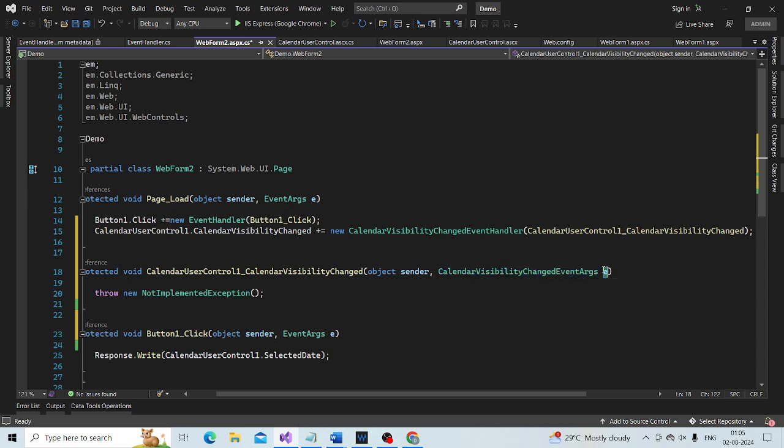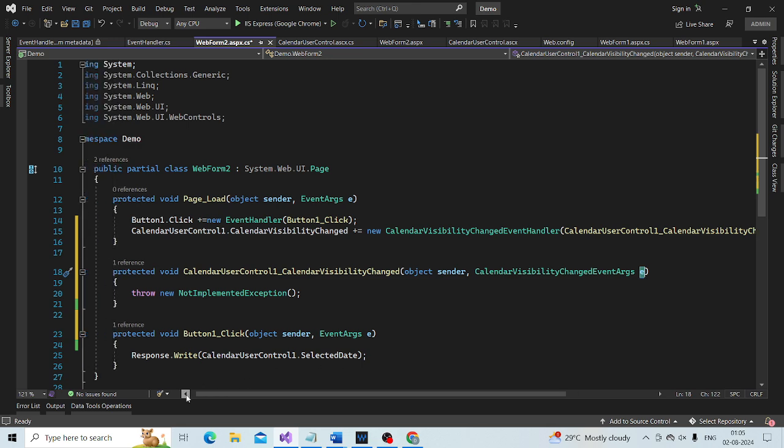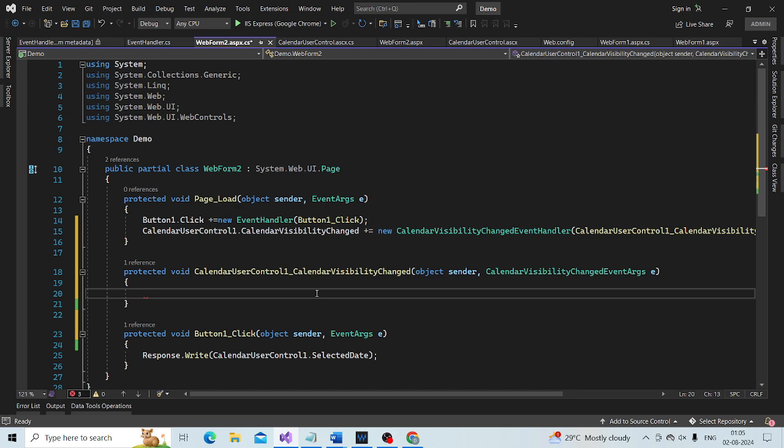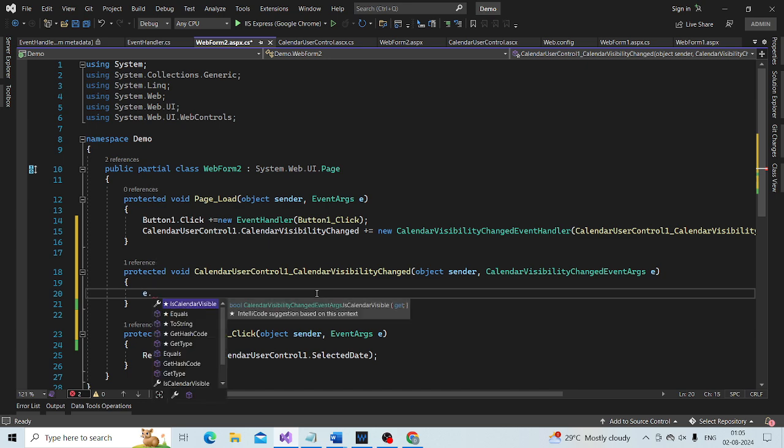Just copy this and paste it here. Dot. Now when I use that object, I can see IsCalendarVisible, as you can see here.